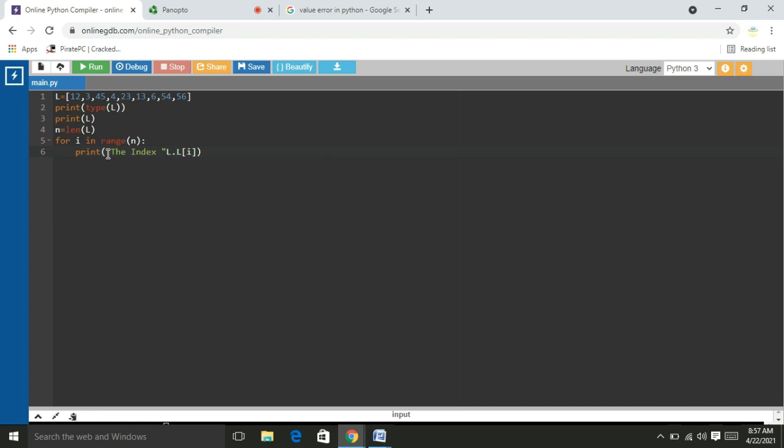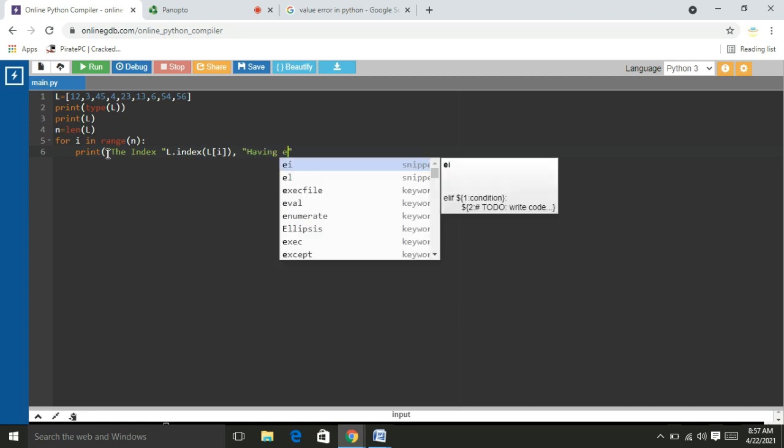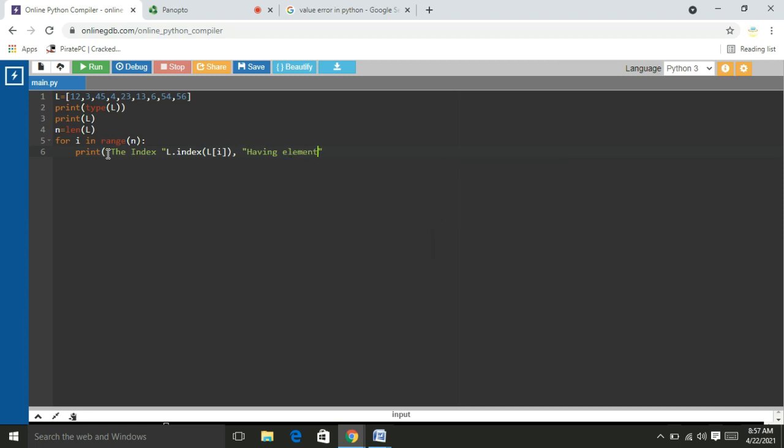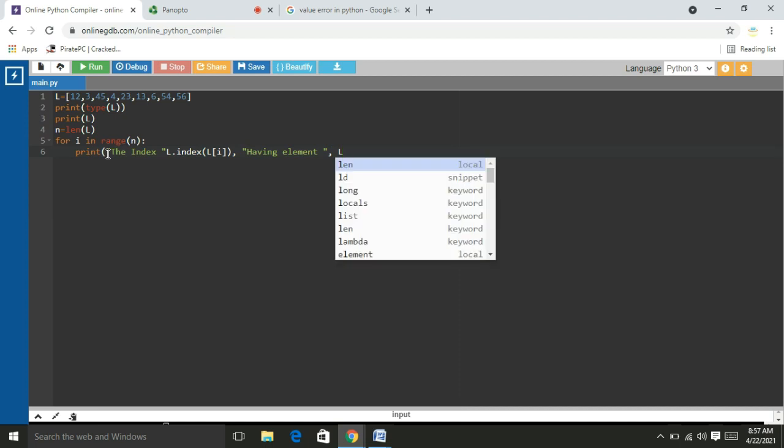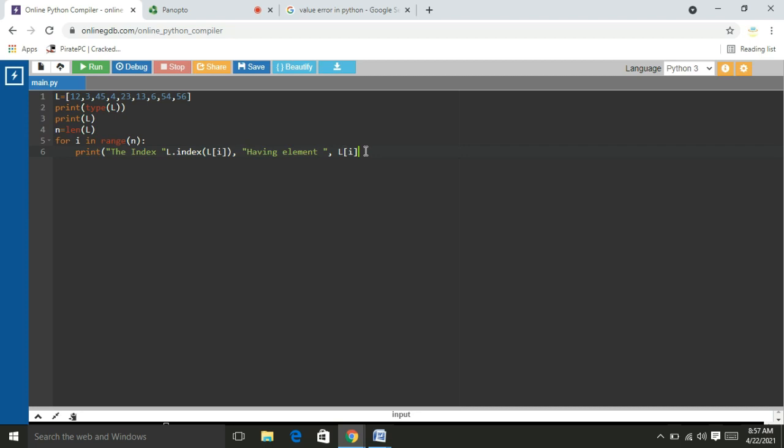L dot index of L of i, comma, having element, comma L of i. I will show you. So this statement will access the index of each and every element and the value within the index.